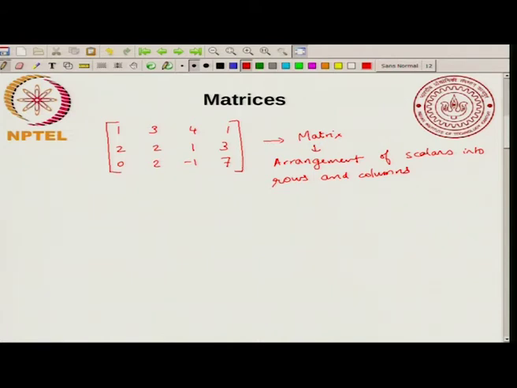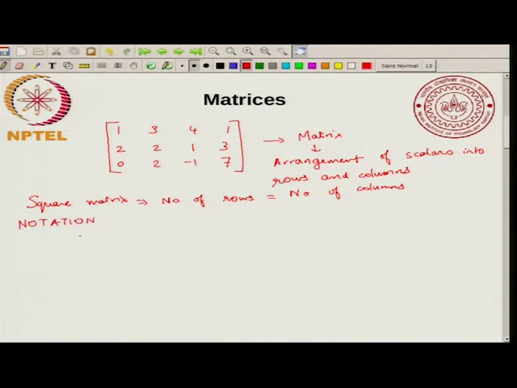Okay. So, you can also have what are called square matrices. A square matrix implies number of rows equal to number of columns. So, now the notation we will use for a matrix. Notation for matrices,